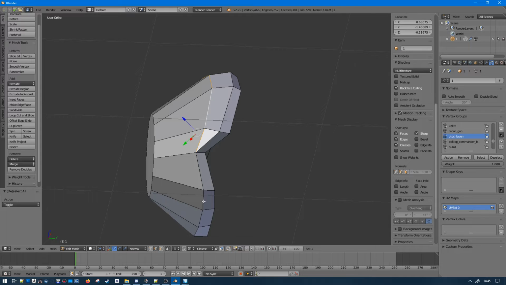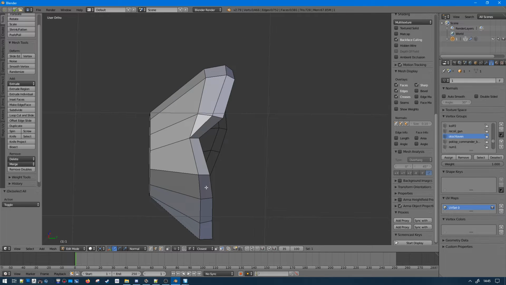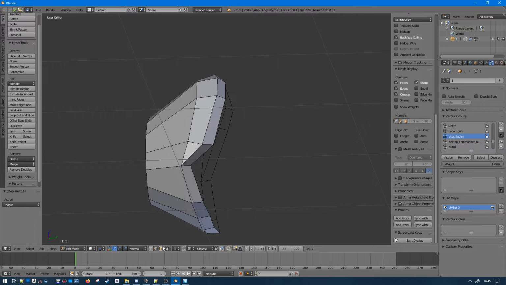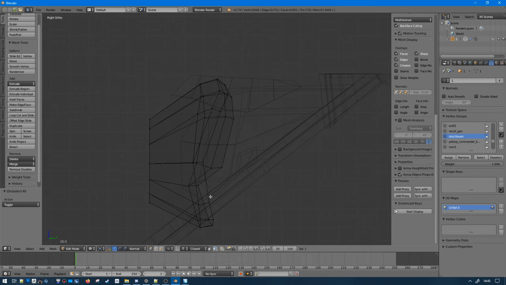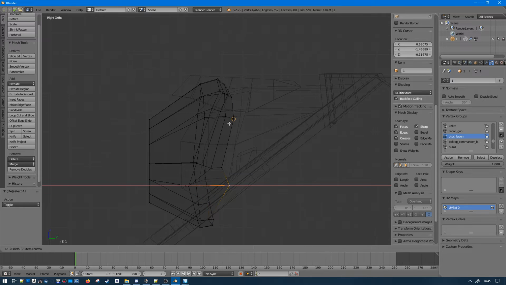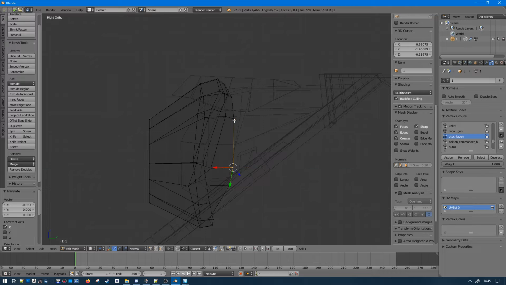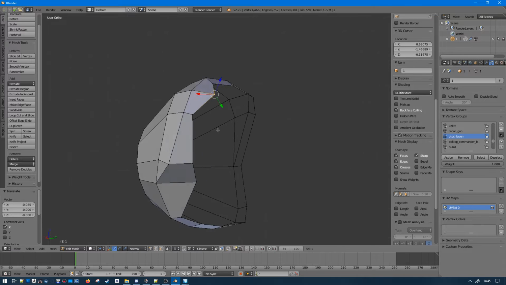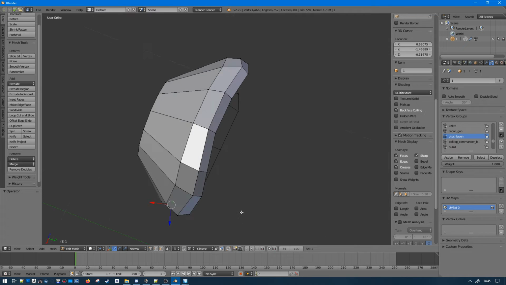I'd like to keep this angle though. So what I can do is, it's really changing it too much.